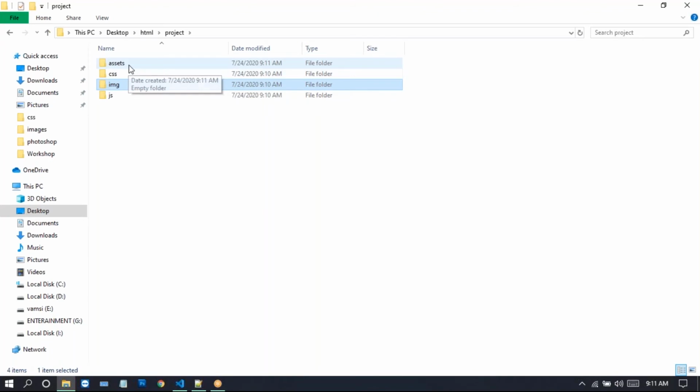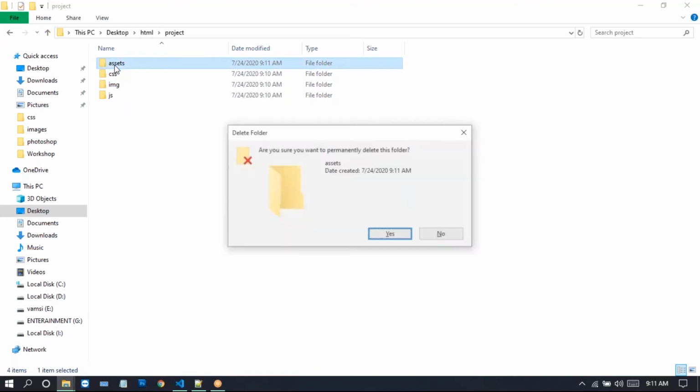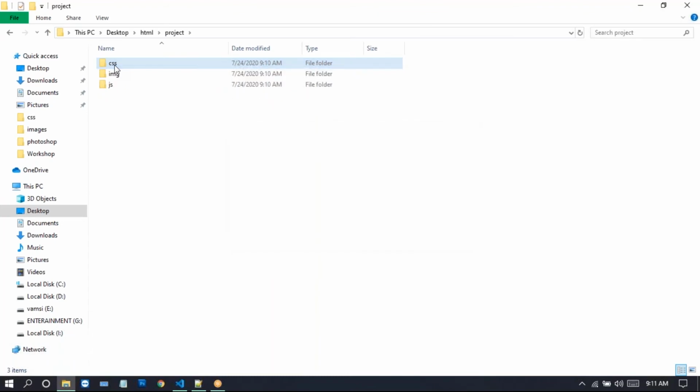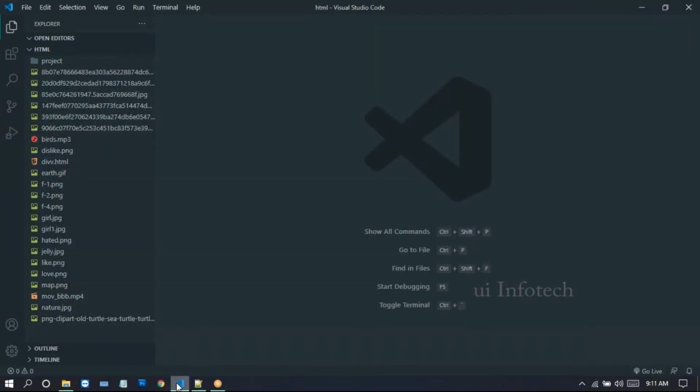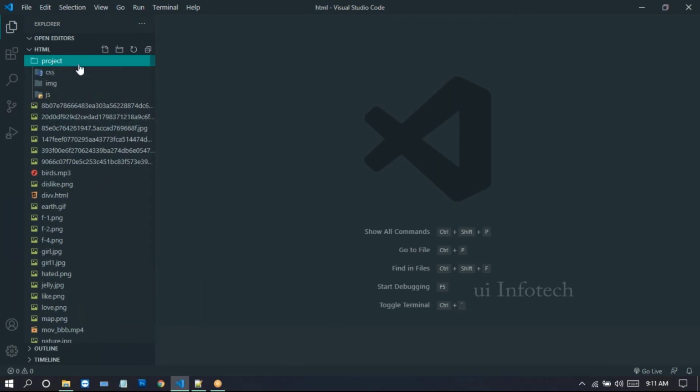So here we have assets. We need to cut this one and paste it in the assets. Like this, the project directory, the folder directory structure. I just remove these assets. Now we just see CSS, images, JS files here.